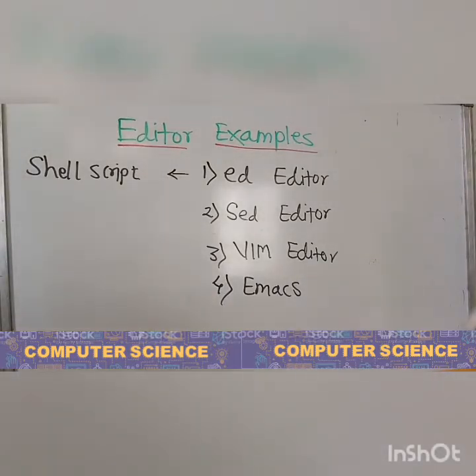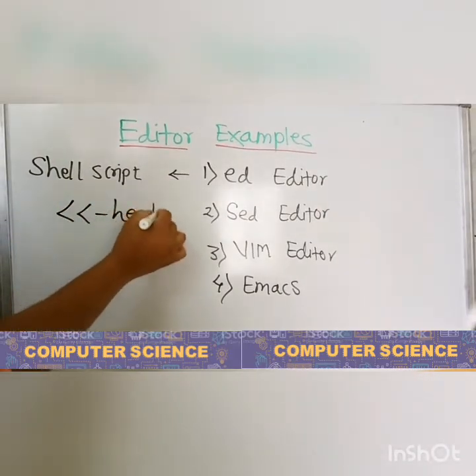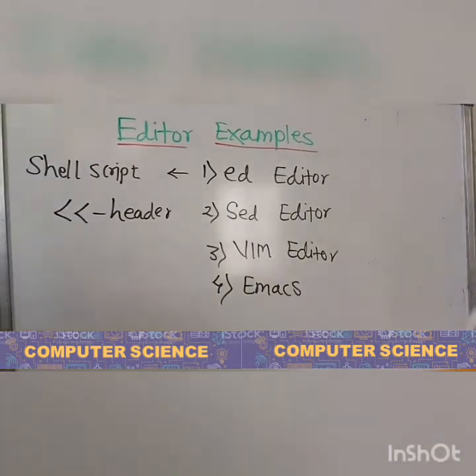For example, we have to transfer input to a command from a shell script. A here document is used. Such a document permits the command to execute as if it is reading from an existing file or a keyboard. In fact, it is obtaining such inputs from the script itself. This document begins with the header, means the double less than section specifies the header of our shell script. This contains a special sequence of characters which repeats up to the end of the document.